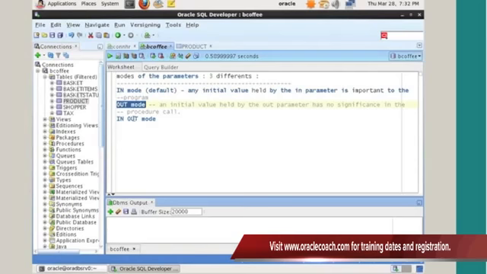Then you have the IN OUT mode, where the parameter is not only able to receive a value, but its value can be modified, and its modified value is then sent out of the procedure. I gave you an example to do with the summation of two numbers, and I showed you the difference between the IN and IN OUT modes. I'll show you one more example of a procedure that has an IN OUT mode,